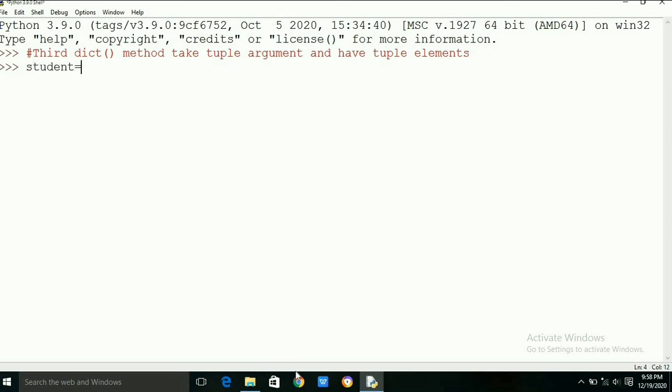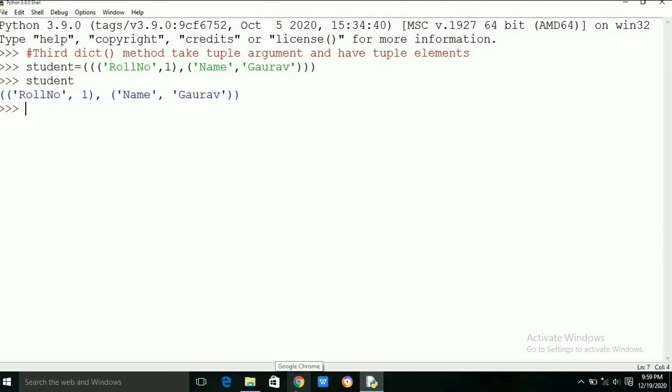In the third case, the dict method is provided a tuple argument and the passed tuple contains tuple elements of key value pairs. In this case, there are 2 tuple entries in one tuple, and the two tuple entries are roll number 1, name Gaurav. If you want to see the dictionary, you can simply type the name of the dictionary and you can see the resultant dictionary.